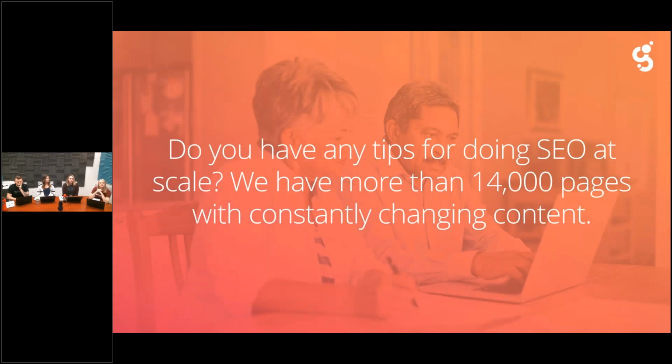Okay, our next question is, do you have any tips for doing SEO at scale? We have more than 14,000 pages with constantly changing content. So this is a really tricky question because SEO entails so much. And so if you have a really large organization and a really large site that is always changing, I think